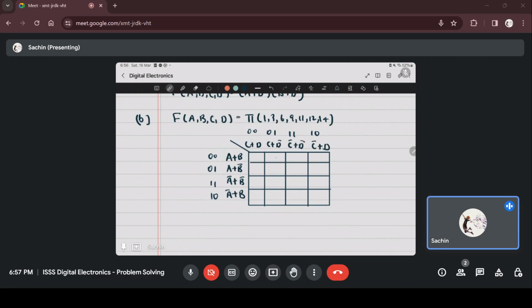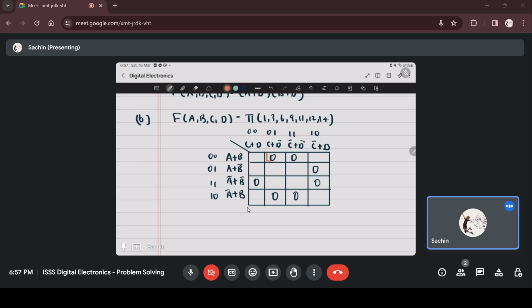So if we fill a 0 in position 1, 3, and 6, 9, 11, 12, and 14,